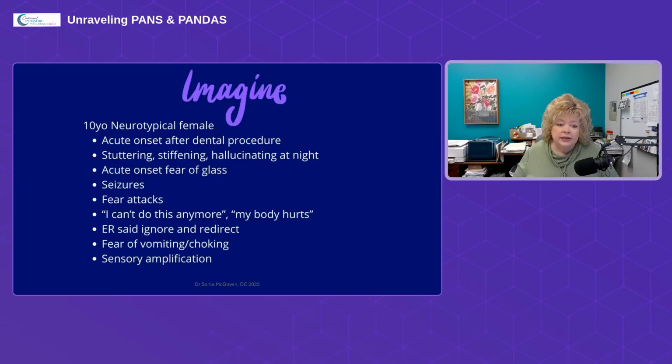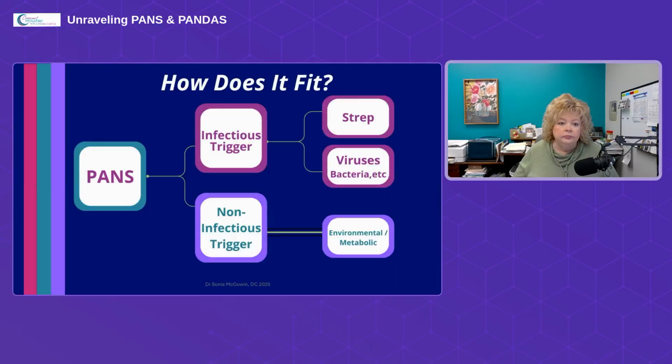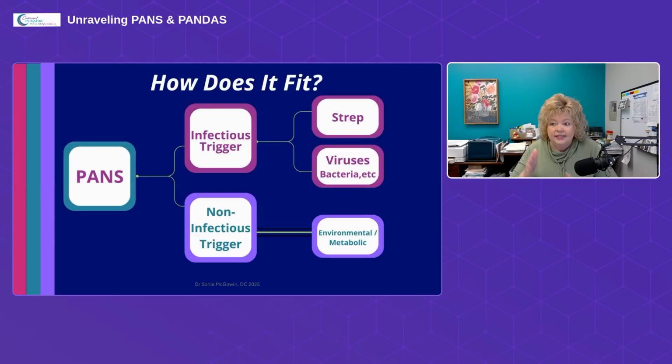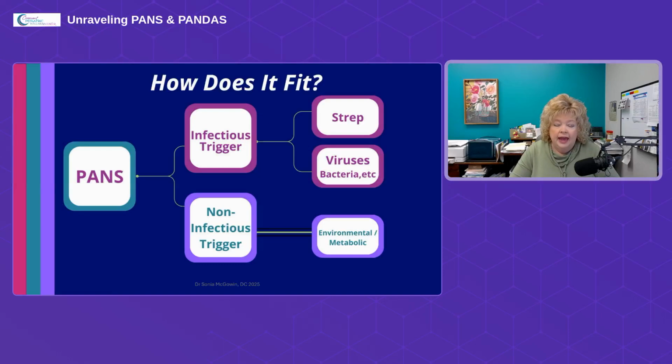And she also had pretty significant sensory amplification, being very sensitive to what she hears, to the things she touches, to the things she tastes. These are kids whose parents will say, my child was fine until. Generally, they'll say things like they had a cold, they had a flare of their seasonal allergies, they had a tooth fall out, they had sedation, and then suddenly they have all of these acute onset new behaviors.